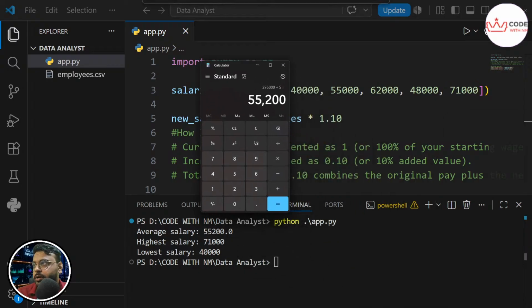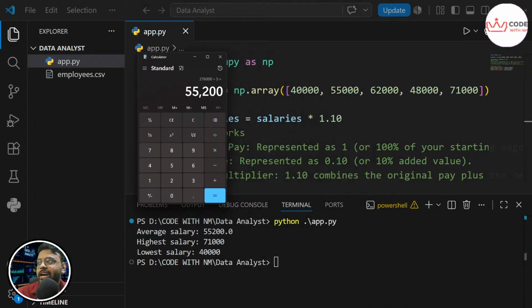Average. Perfect. Mean is nothing but the average. How you calculate the average is just add 40,000, 55,000, 62,000, 48,000, 71,000, and divide by 5 because the number of items inside the array is 5.